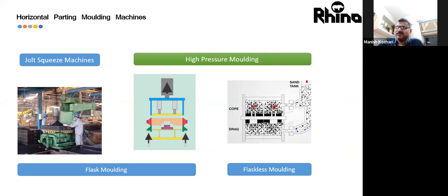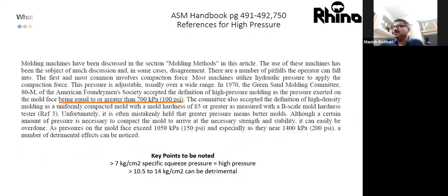This question comes up very often, particularly when I'm discussing with SME foundries who are sometimes in hand molding, in jolt and squeeze machine, simultaneous jolt squeeze. So high pressure molding machine has an aura, it seems like such a big ghost, a very complicated thing, so first we need to understand what high pressure molding is.